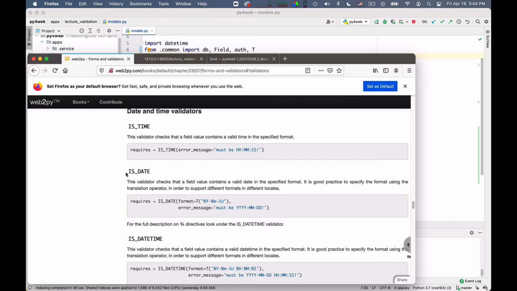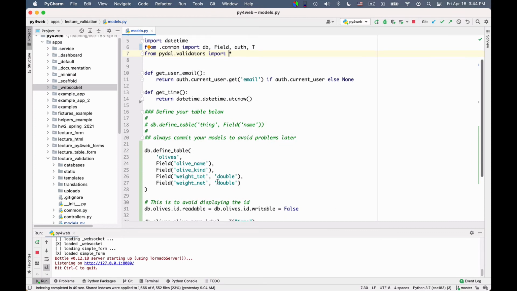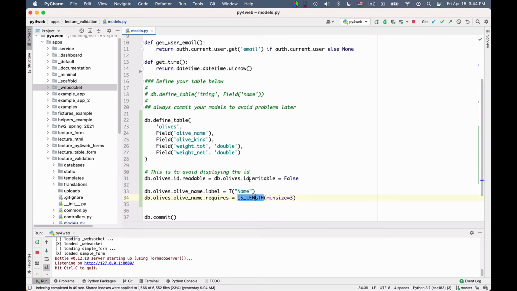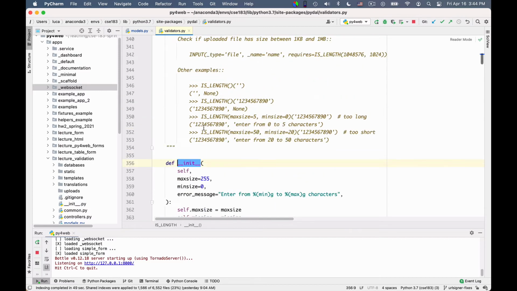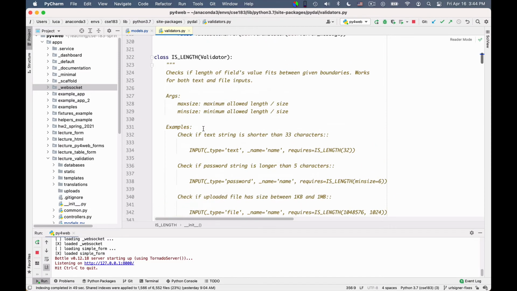You can look at the code definition of one of these. For example, we could browse to the definition of is length. We can see that this is a validator that inherits from a general validator class, and we could write our own validator if we so needed. For the moment, we are just going to use the standard ones, though.